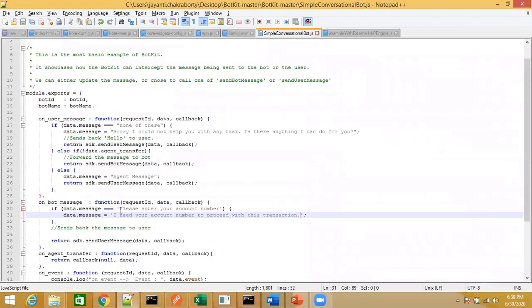So when the bot response is equal to this, please enter your account number, I have changed that particular message, and I say, I need your account number to proceed with this transaction. And I've sent this new message back to the user. So I'm not directly displaying what the bot is responding back with, but I'm trapping that particular response of the bot, making changes on that in the botkit, and displaying the message back to the user.